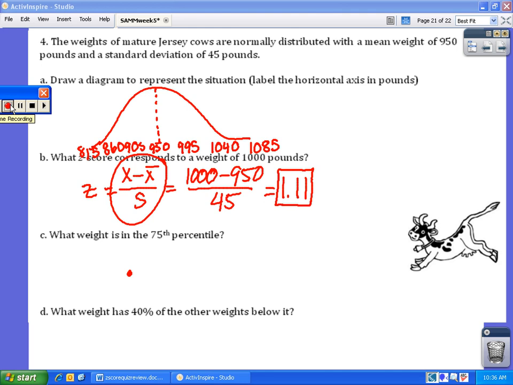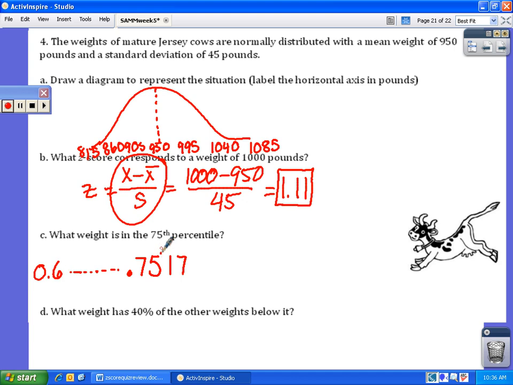To find the weight in the 75th percentile means that I want to find a weight that has 75% of the data below it. What I did was, I went to my z-score table and I found a number that was very close to 0.75. I didn't find exactly 0.75, but I found 0.7517. To the left, I found that that corresponded with a z-score of 0.6, and then my hundredths place was 0.08. So my number is